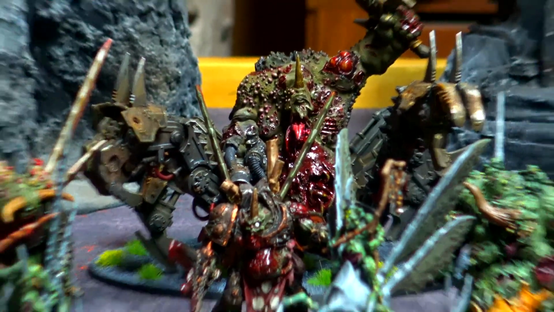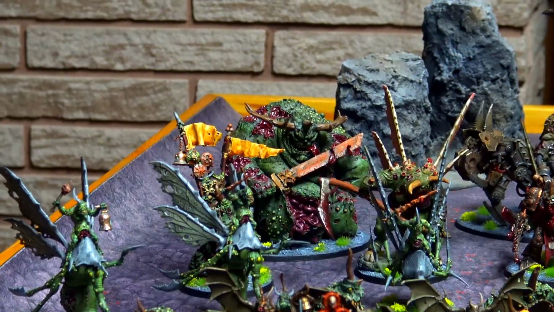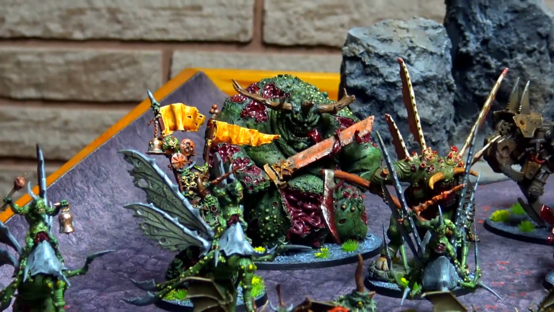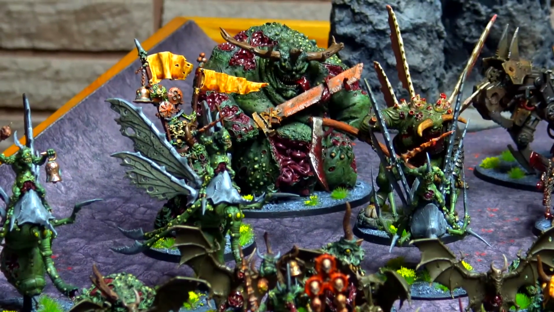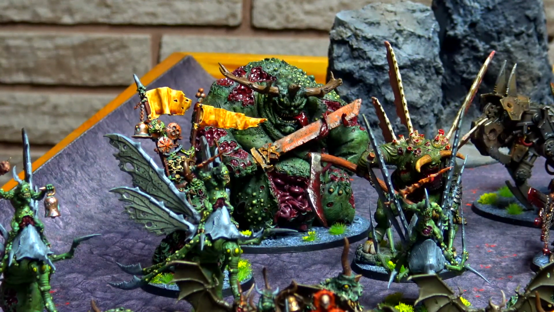And I got Epidemius and the 4-year-old Great Unclean One right there, Scabbythrax. I haven't used him as Scabbythrax in the game yet, just a Great Unclean One, because I don't feel the points that Scabbythrax costs are worth it compared to the Super Chicken. So I'm going to take the camera off the tripod, which will be a bit shaky, and give you